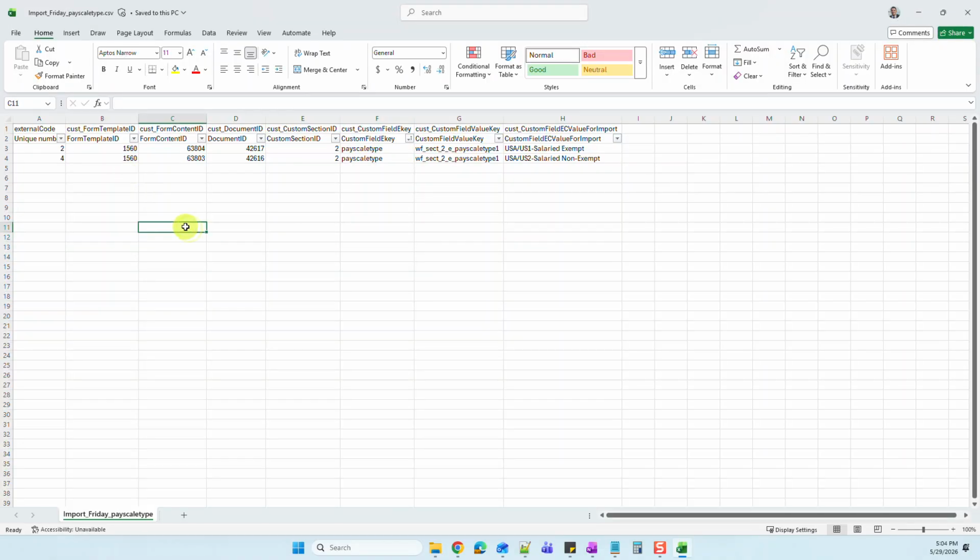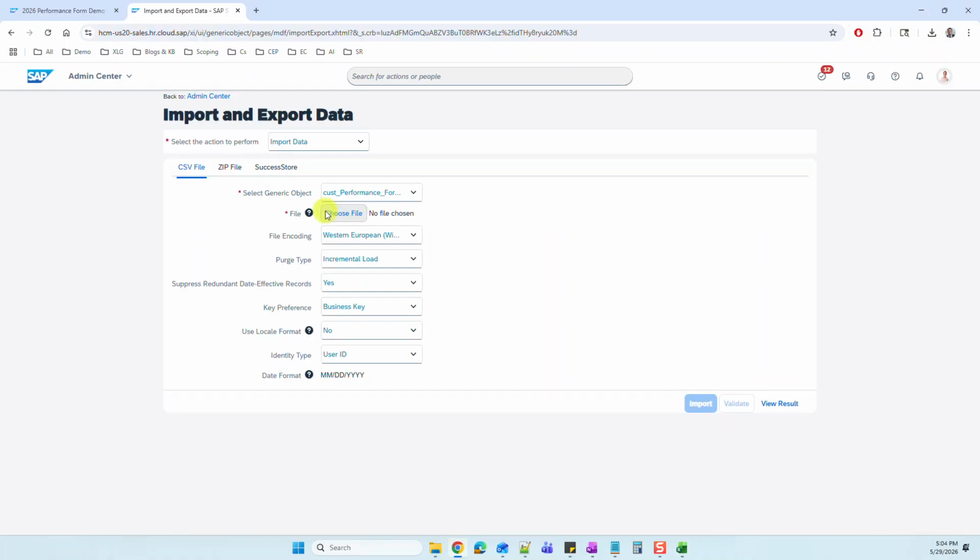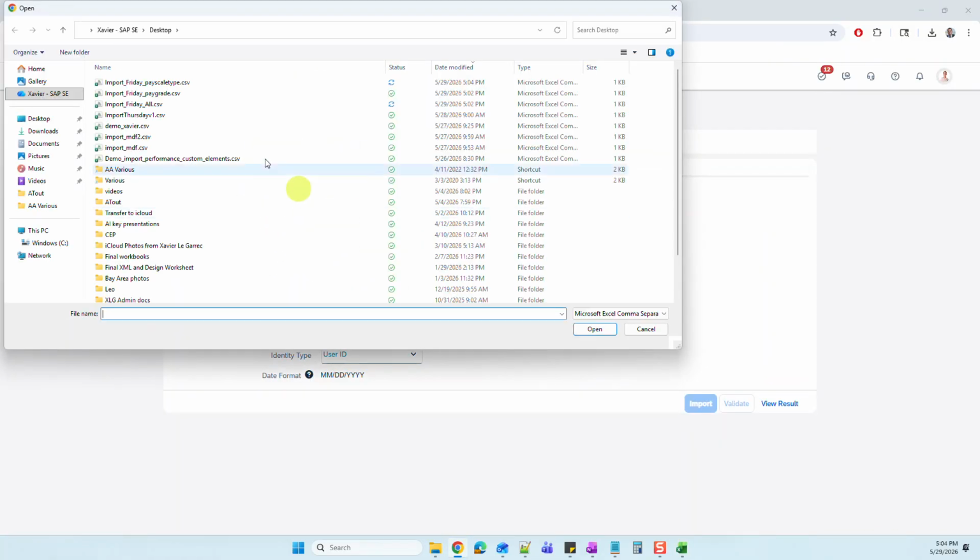Okay, now that you have this, you're going to go and import the file. So we're going to start with pay grade. You can't do it together. If you do it together, you're going to have error messages in Integration Center. There might be a way, but I haven't found it. I tried hard, but I was always getting errors. You have to split them by key, basically by field, for the integration to work. So first you do pay grade,